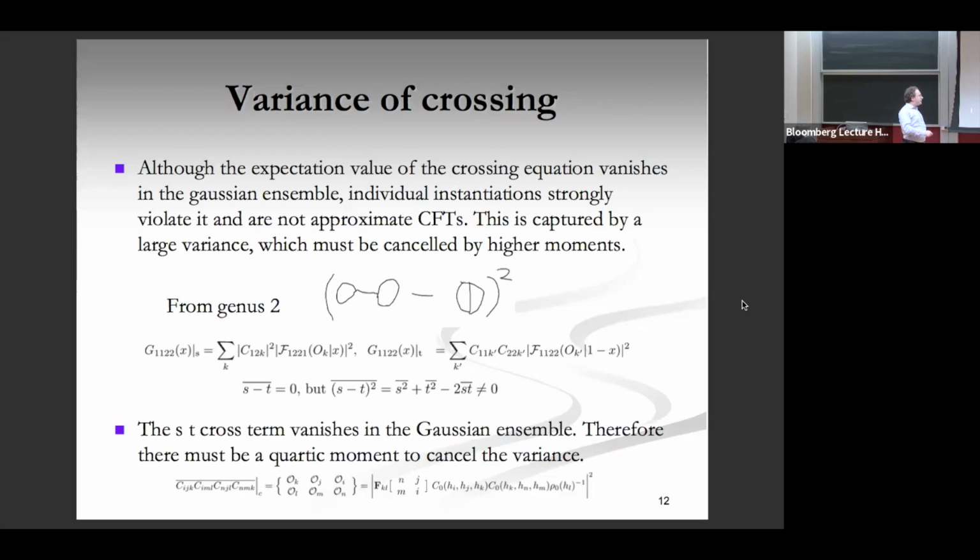And in order to cancel it, you might add a chordic moment, which would be the thing which, when you contract it with an S-channel block, equals a T-channel block. And then you'll be able to cancel it. And the thing that contracts with an S-channel block to give a T-channel block is the crossing kernel, but there are some factors of these DOZZ formulas, so you end up with this thing, the Wigner 6j symbol. This thing has a tetrahedral symmetry of exchange of the arguments. This doesn't, you have to multiply by those.